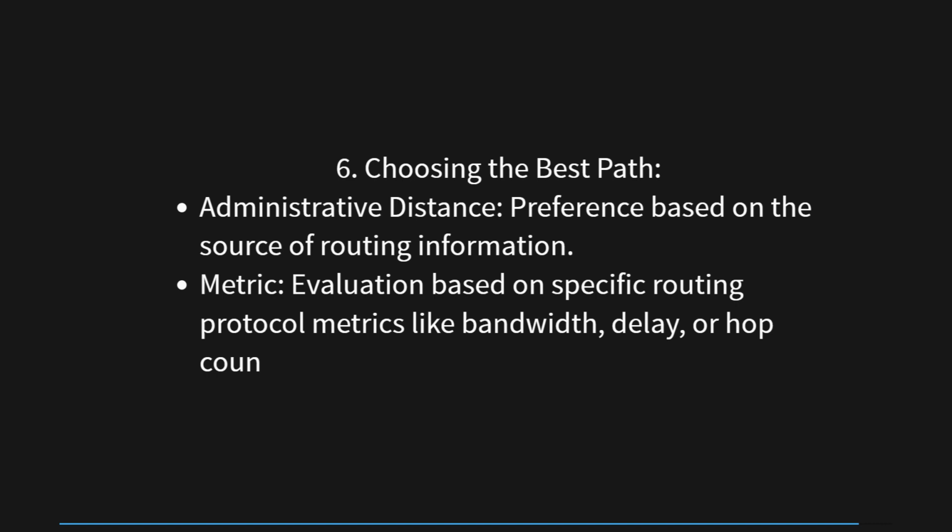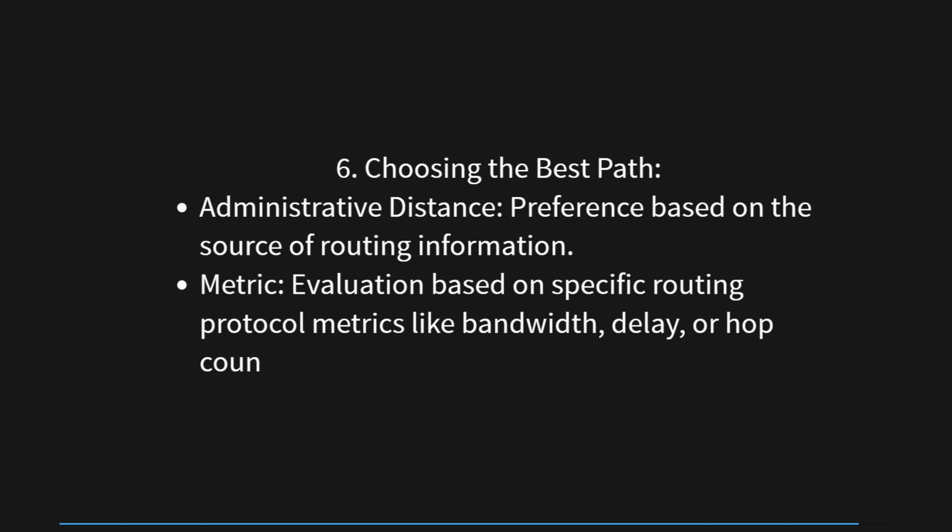When a router has multiple available routes to reach the same destination in its routing table, it needs to determine the best path for forwarding data packets. This decision is made based on two key factors: administrative distance and metric. Administrative distance comes into play when there are multiple routing sources providing paths to the same destination. The router will prefer the route with the lowest administrative distance, as it indicates the reliability or trustworthiness of the source. For example, routes learned from internal protocols are generally more reliable than routes received from external sources.